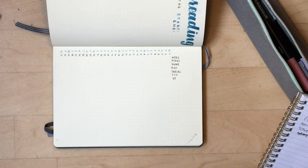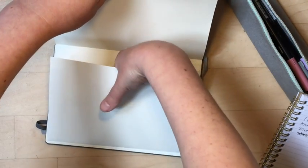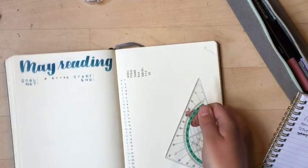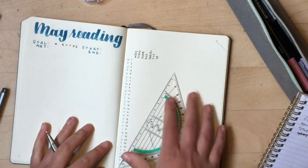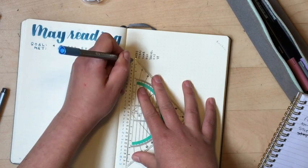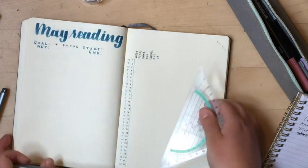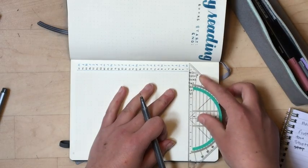So this section is actually just going to be for tracking this time. So I need my ruler. Oops, there we go. All right, so what I'm gonna do is I'm gonna use this guy. Yeah, we're gonna use this guy. And so you'll notice that I've got quite a few fewer things than I have in the past. Let's see, turn this back this way. All right, so